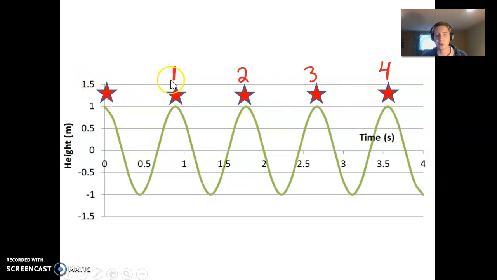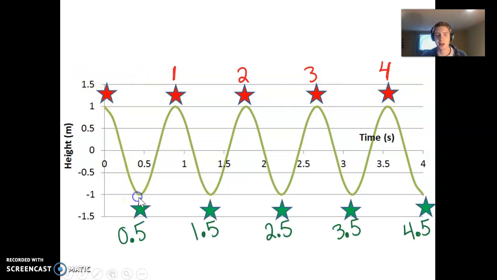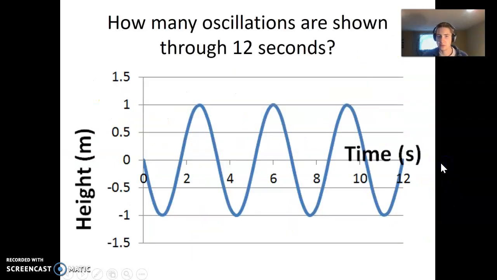So where we go from 0 to 1, this will be a half, or 0.5. 1 to 2, 1.5, 2.5, 3.5. And so this gives us our final answer, which is that there are 4.5 oscillations because we start at the top and end at the bottom. Similarly, for this graph, we start here, we can measure our full 1, our full 2,